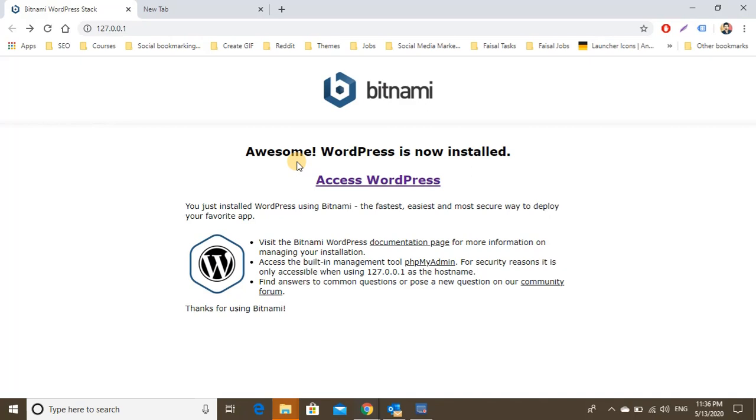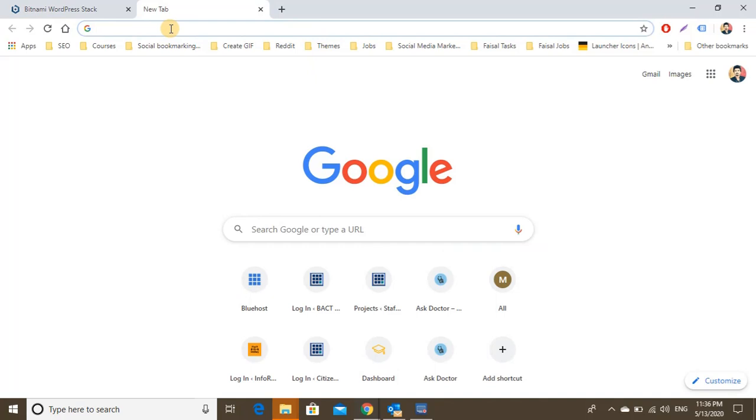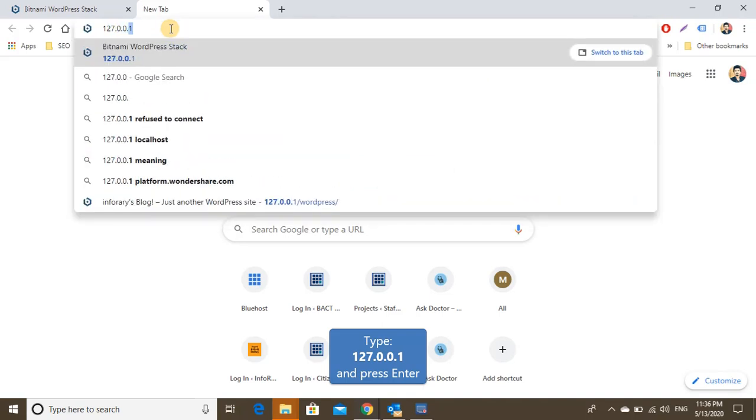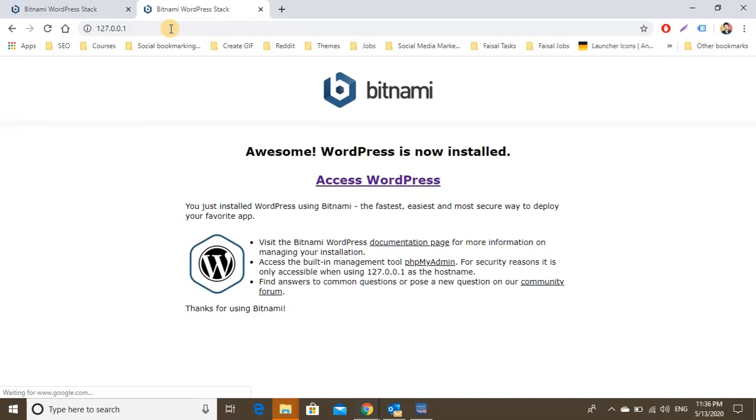Let me show you how you can get access, and that's super easy. Open a new tab and type your default IP address, that is 127.0.0.1, and that's all it takes to get access to the WordPress that you have installed.